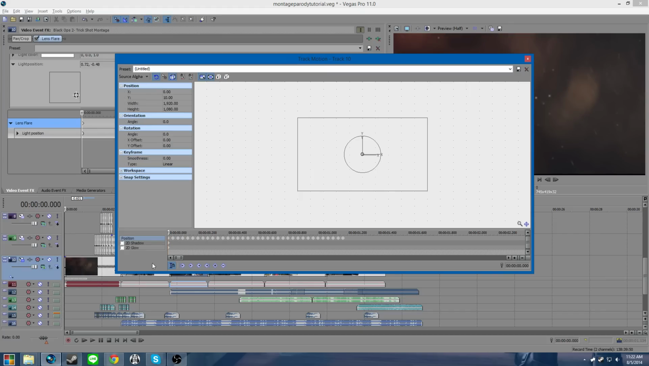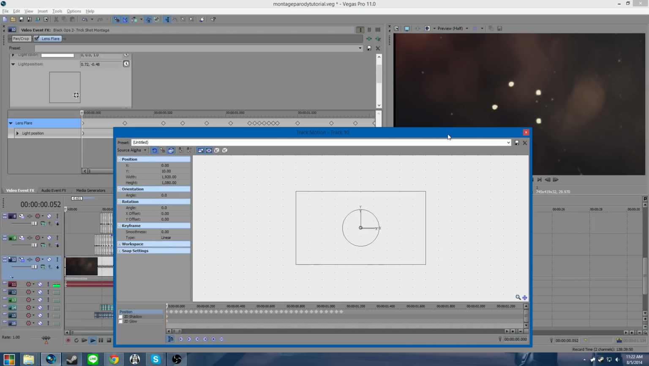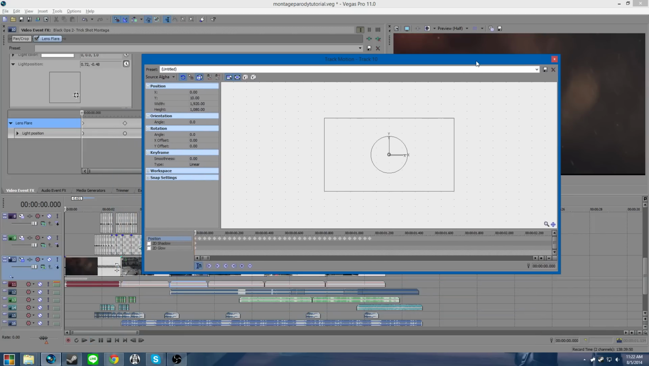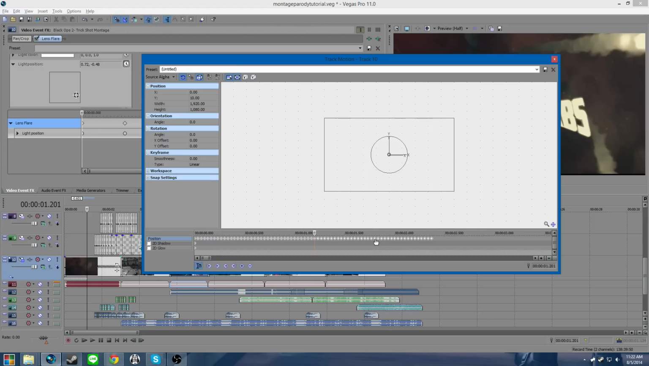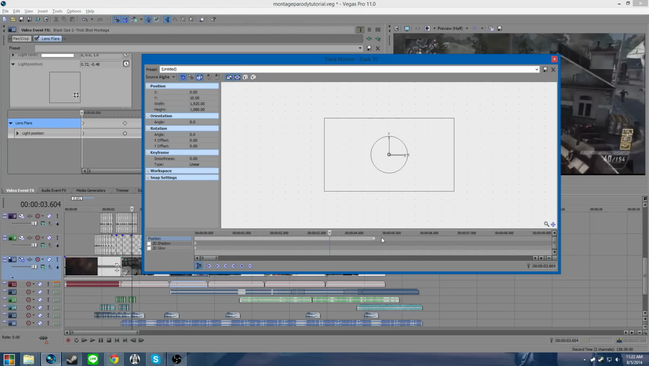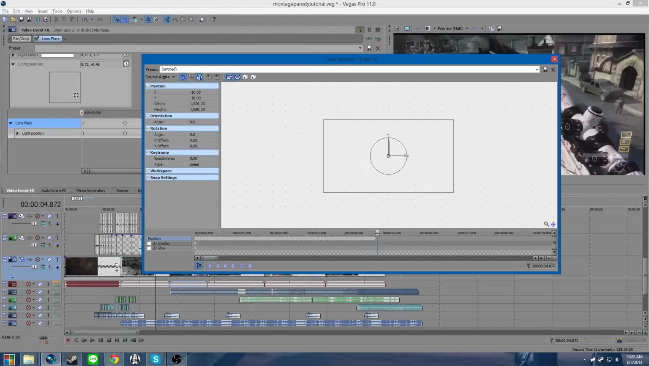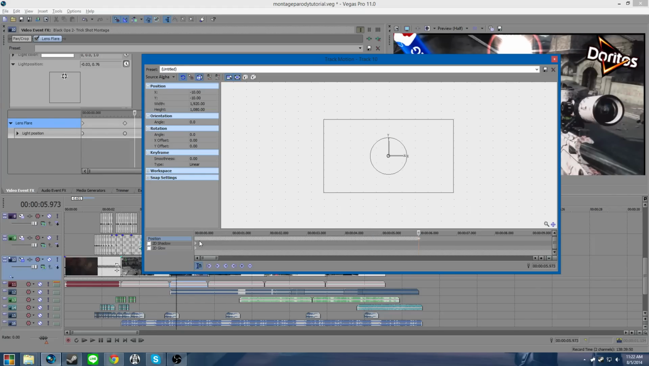Let's see, how does this look so far? That looks like a pretty good shake to me. So we copy and paste, copy and paste, and continue to do this. We can even copy that whole thing and